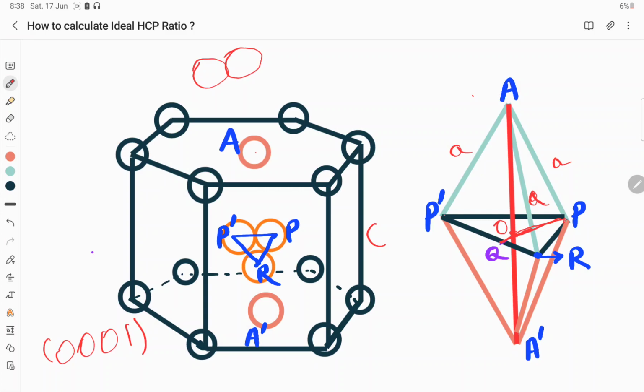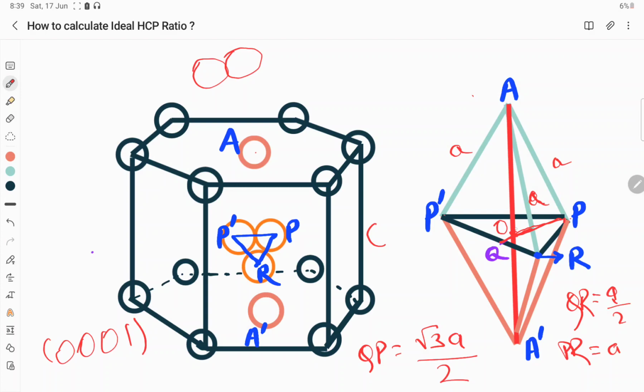When we put a perpendicular from a vertex to a side of an equilateral triangle, it bisects it. So this distance will be a by 2, and QR will also be a by 2. This is very fundamental 4th class mathematics. QR is a by 2 and PR is a, with QP the perpendicular and PR the hypotenuse. By applying the Pythagoras theorem, QP comes out to √3a by 2.